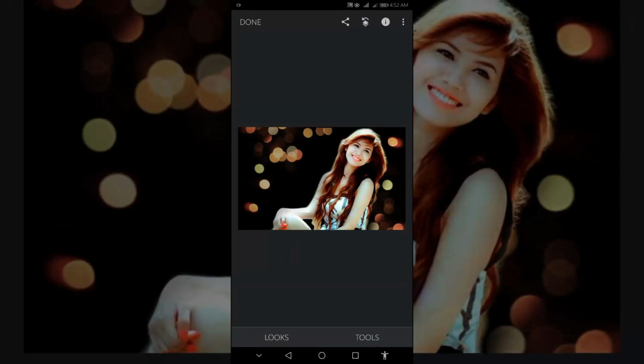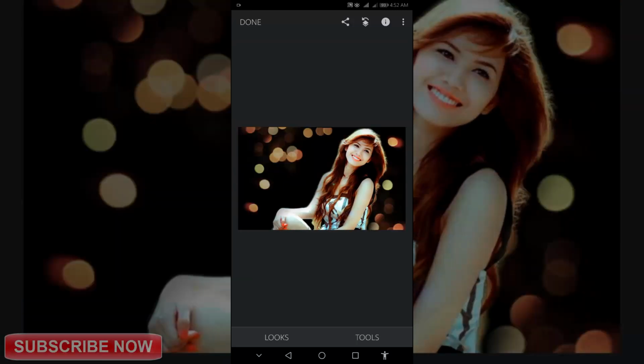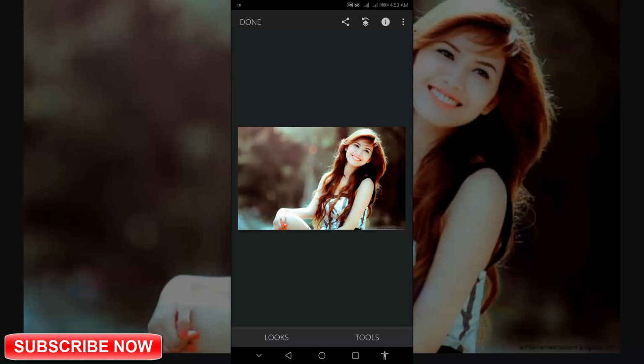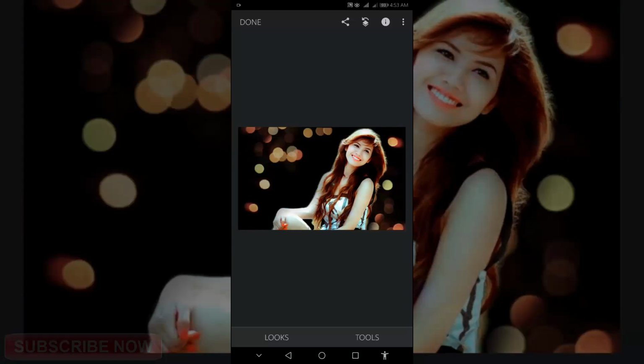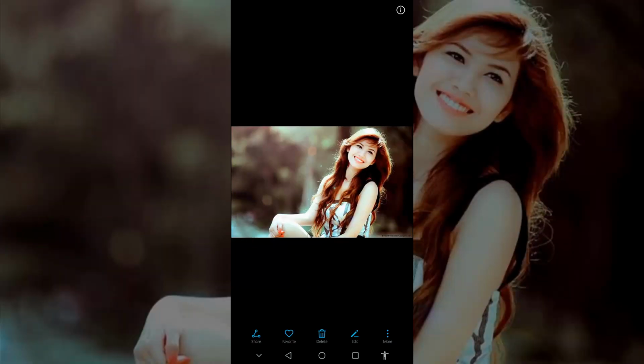Tap and hold anywhere to see the before edit and release your finger to see the after edit of your photo. By this way, you can create bokeh effect on your photo using the Snapseed app.